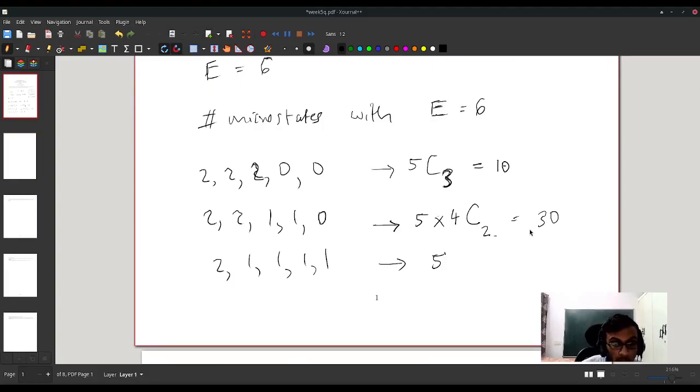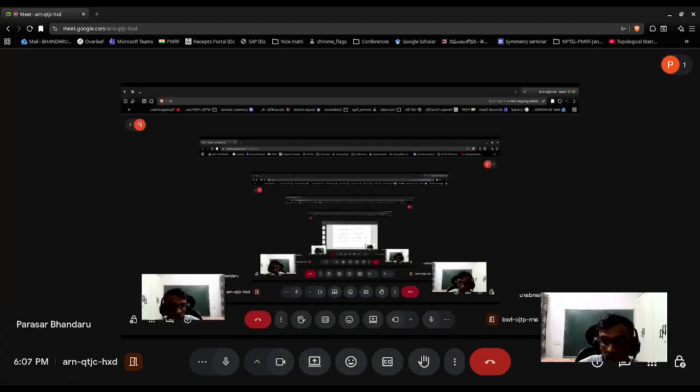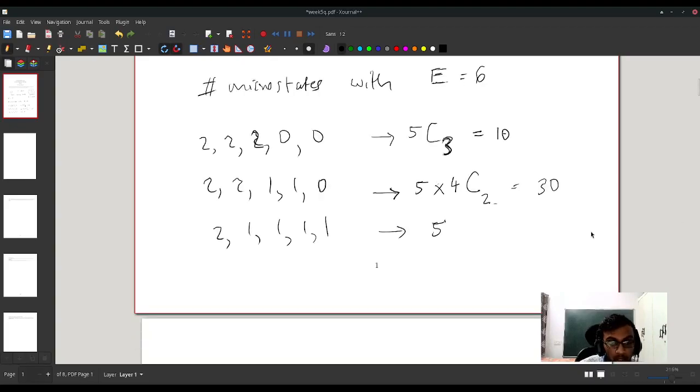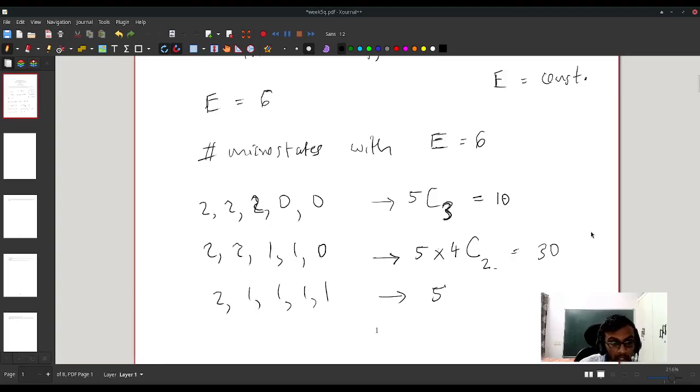Is there any other possibility? Okay, so we cannot have 5 ones, so we must have at least one atom with energy in the second state,